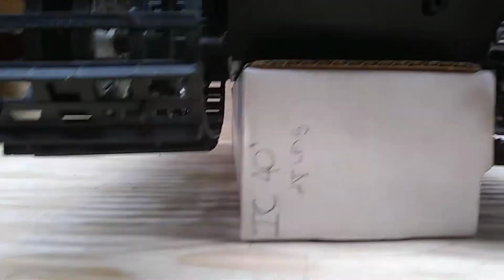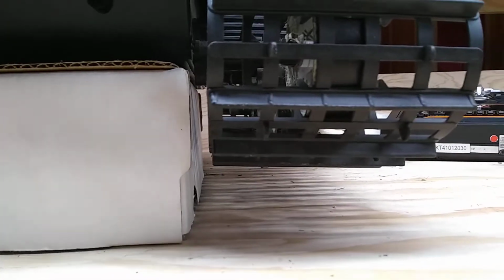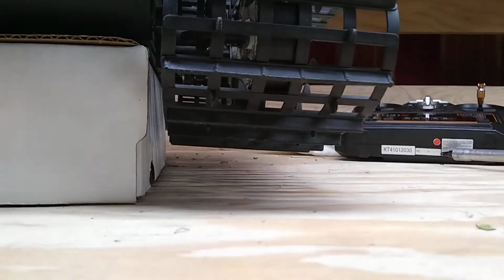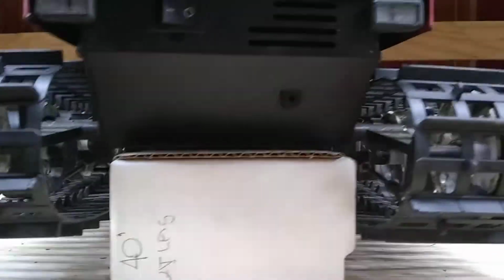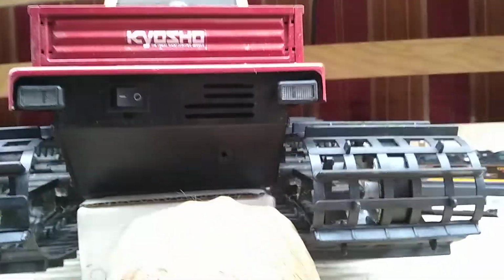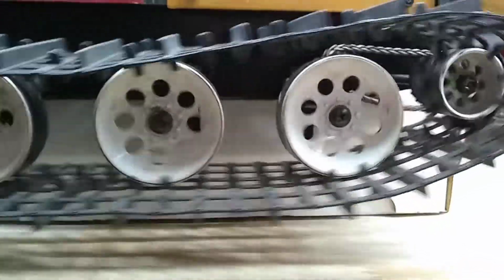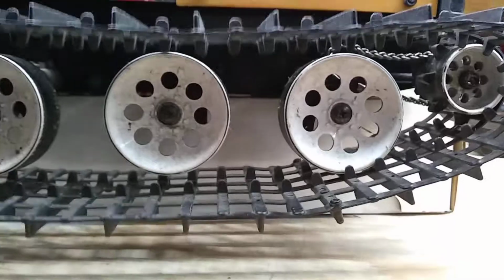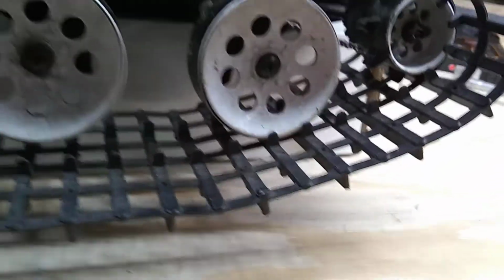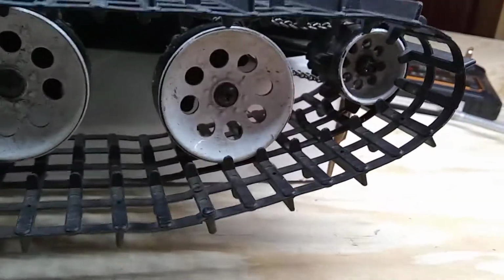Make sure your tracks are hanging down on either side freely like that. Okay? You don't want them touching the surface underneath. You just want them hanging. You might have a little list to one side or another. That's not going to kill you. Now, go ahead and turn your track, and what you're looking for